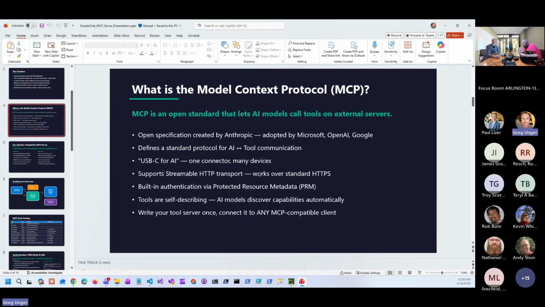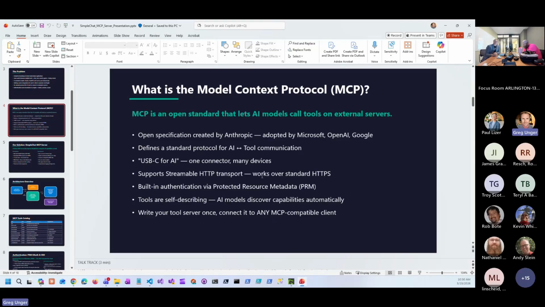So really high level, what is MCP? Again, I'm not going to go into this. This is something that the expectation is you're familiar with it, or you can do additional research after the demo. But in the end, the big thing that I want you to understand is that it's a tool. It can be used by AI, or it can be called really by anything, including custom code. It supports HTTPS, so we have a high level of security.